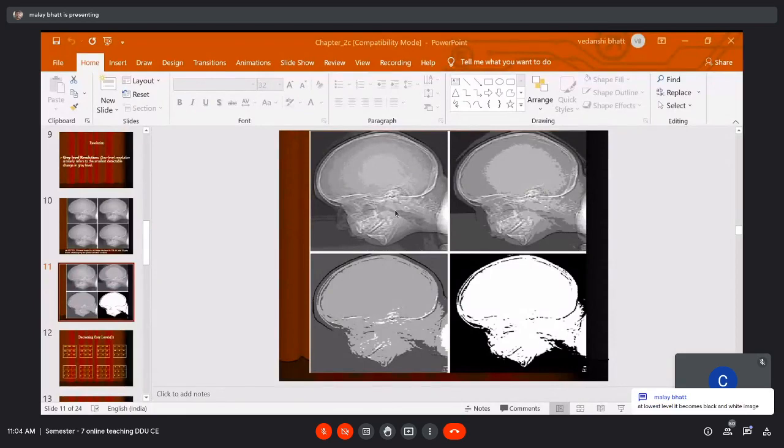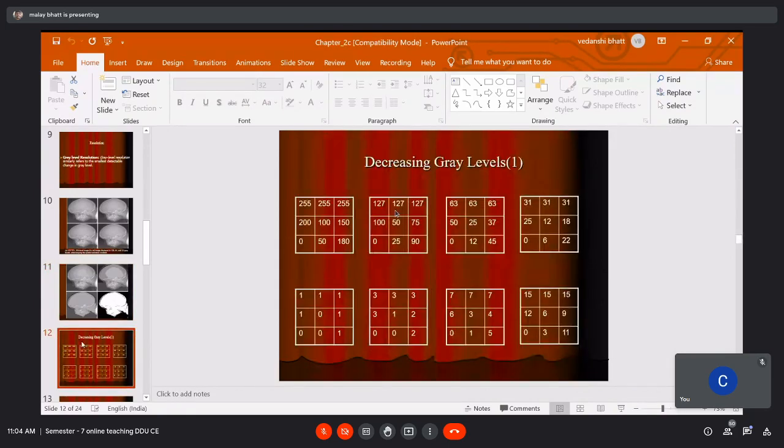So now let us see how you can achieve this through an algorithm. So we have to go through that algorithm. Now I am again taking a sample image. This sample image is of size 3 cross 3.